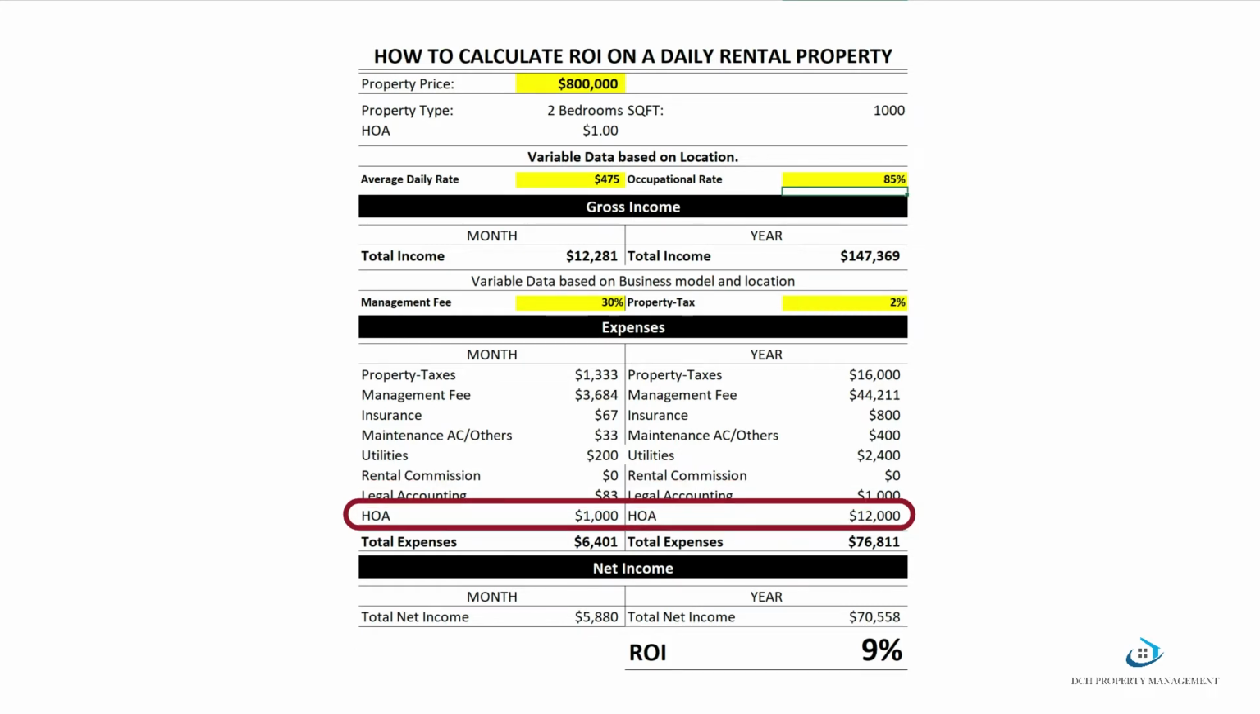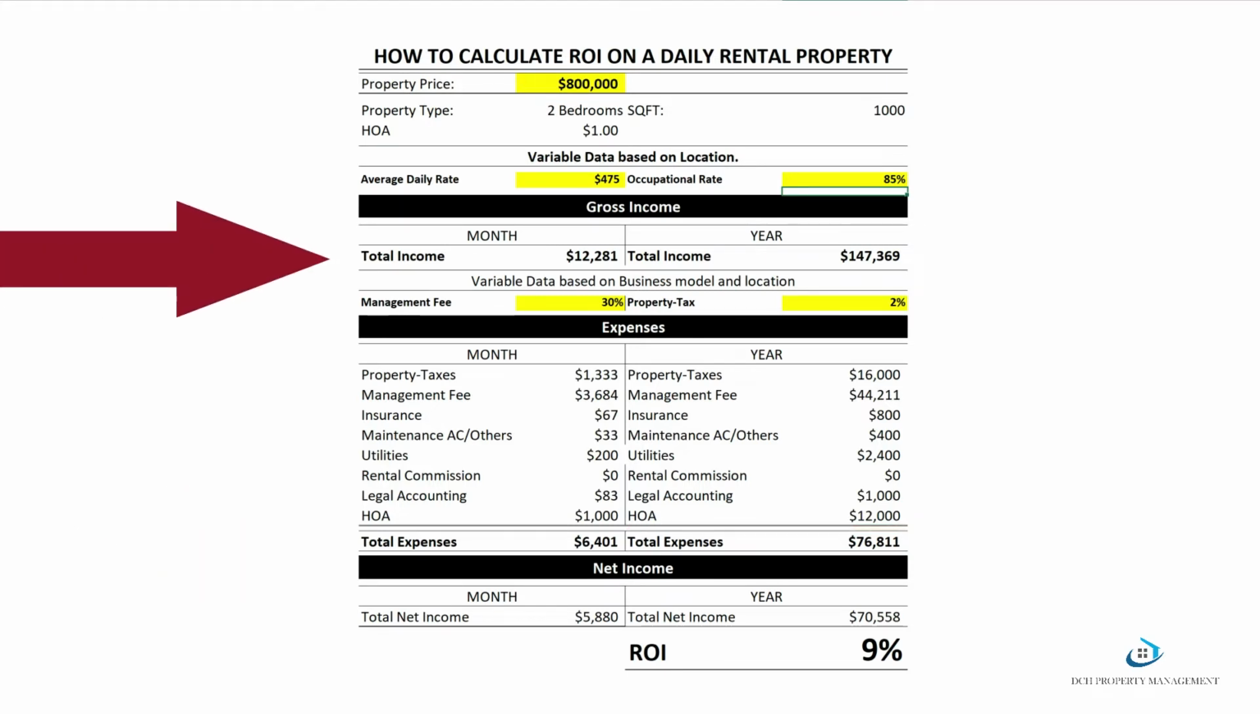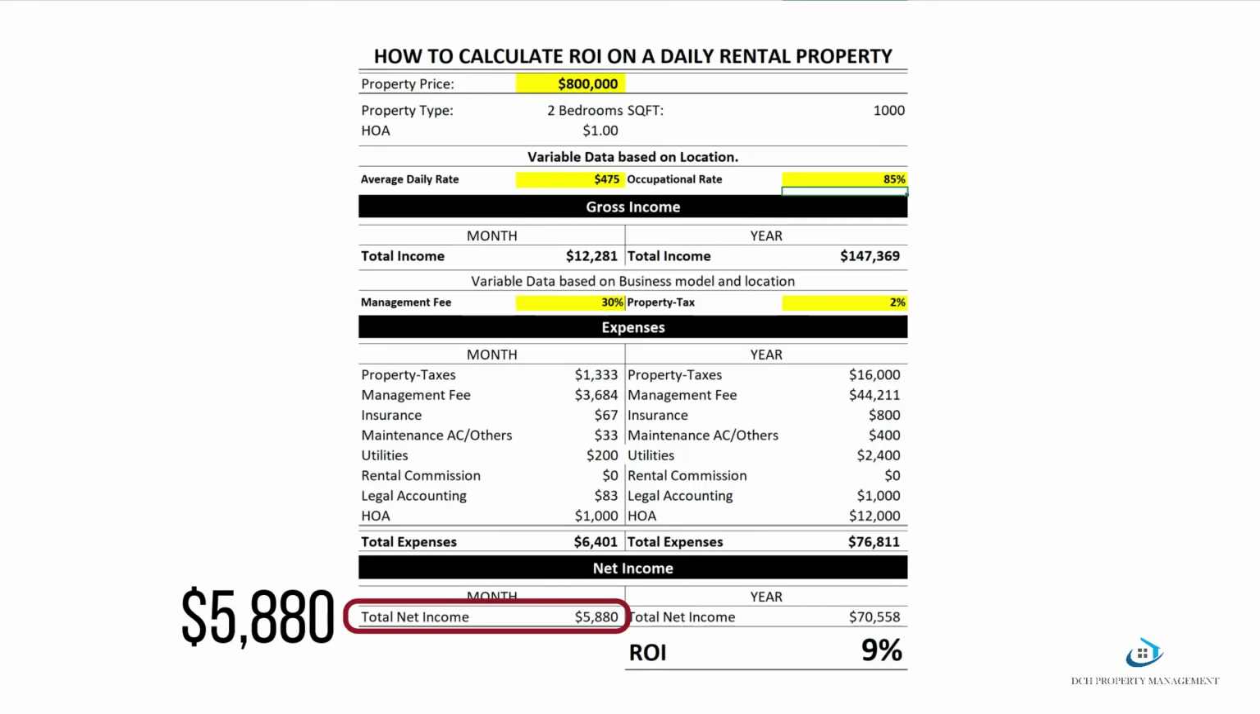And finally, the HOA fee, or Homeowners Association, calculated by multiplying the HOA fee times the living area square footage of the property in subject. We add all these expenses, getting $6,401 a month and $76,811 a year. We deduct that out of the gross income to get a net monthly income of $5,880 and